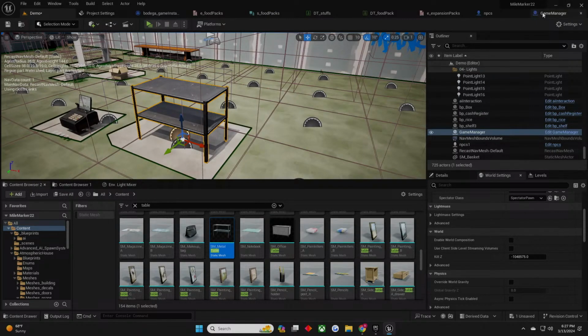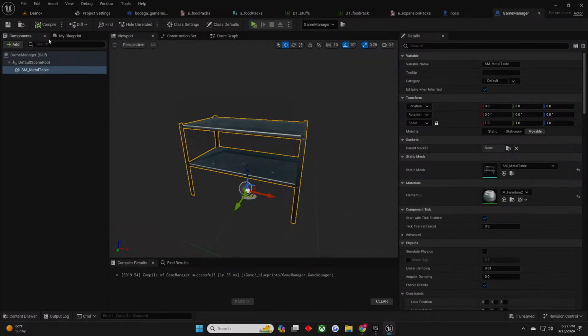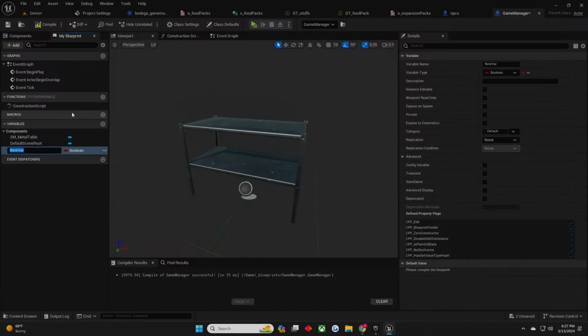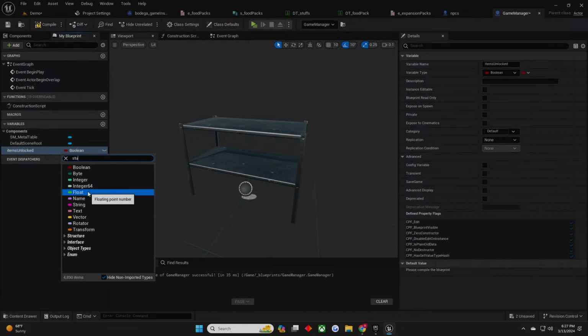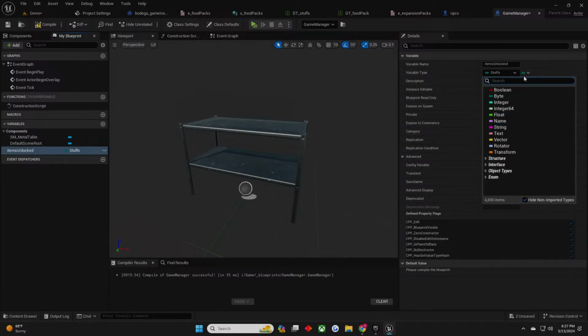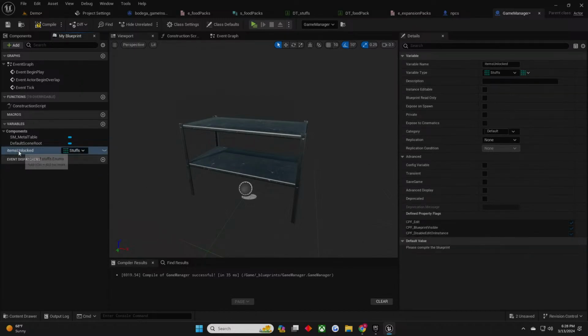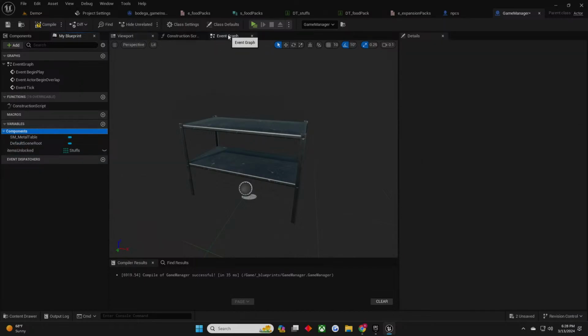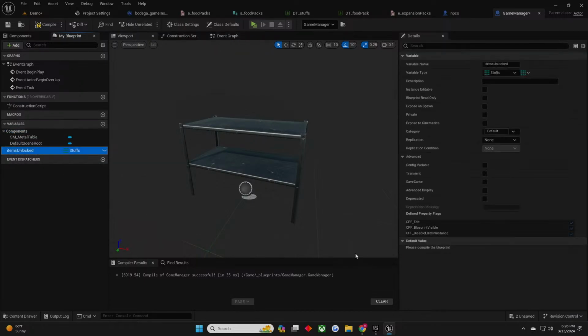list of the items that we are allowed to have. So what I'm going to do is create a variable called items unlocked. And it is actually going to be an array of all the items that you unlocked. So what's going to happen is,